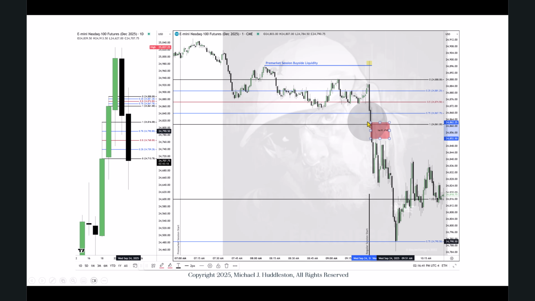Okay. And this first presented fair value gap is a SIBI, not using 930. So this is the first one that formed. So this is the first presented fair value gap, and the market trades up into it and rejects and trades down to the lower quadrant. I'm sorry, the upper quadrant at 24,790.5 of this premium wick here. That's here. So we traded down to here, and we bounced right back up into 24,836 area and created relative equal highs.